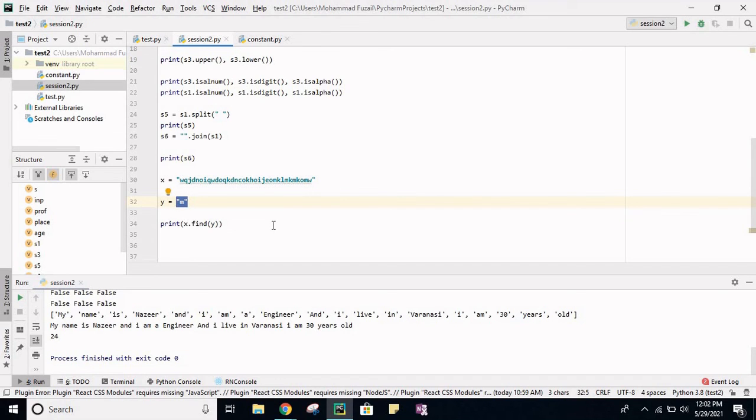So whenever you have any problem solving question where the requirement is to find the position of the first occurrence of a particular element or something like that, you can just use the find function. So this is the use of the find function, to get the index of the first occurrence of the character or set of characters which you want to find. Any doubt in find function? No, sir. Okay.